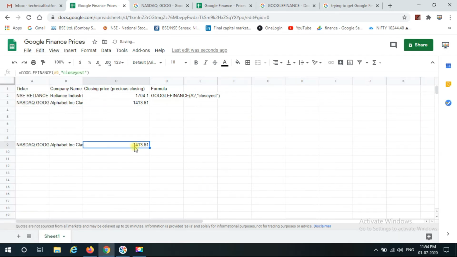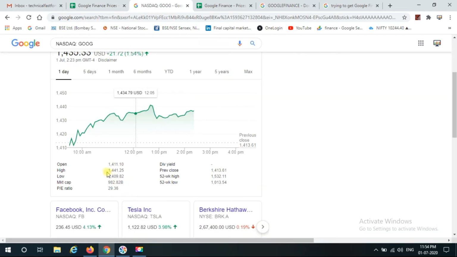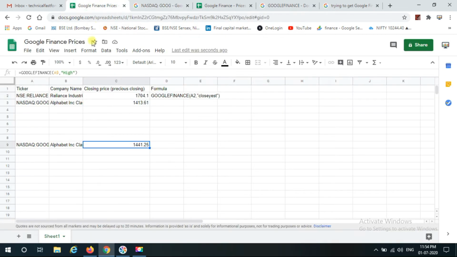What happens over here is, instead of close yesterday, you say high. So 1441.25 is the high for today. You can see this 1441.25.